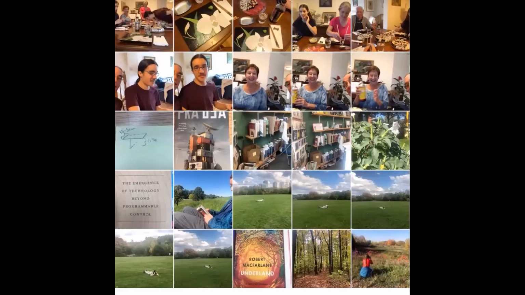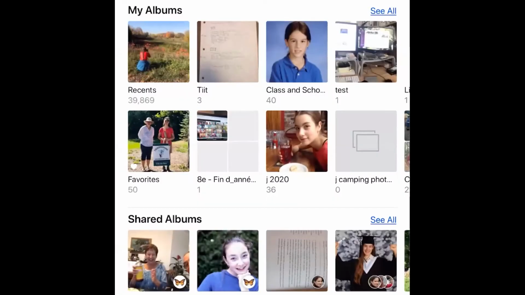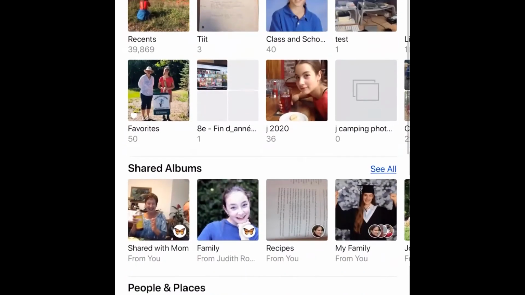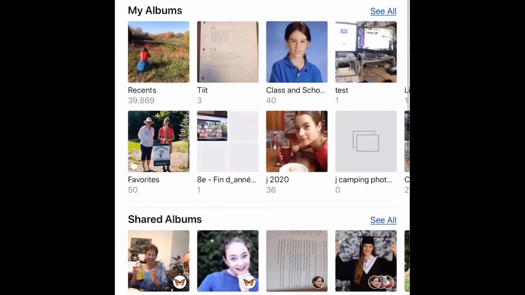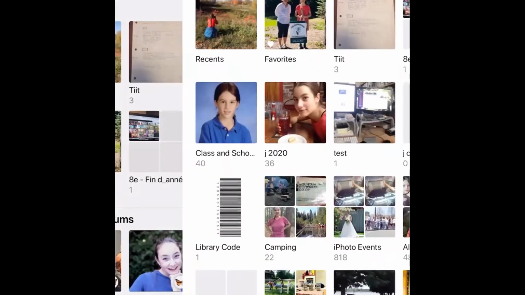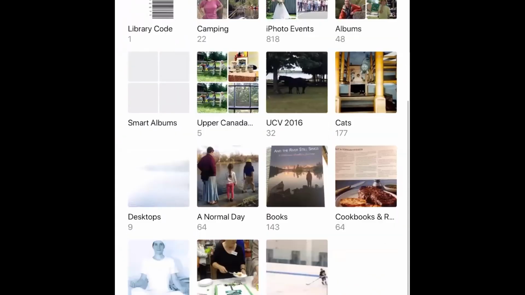You can see I do have albums here. I've set up several shared albums, and I have people albums and places albums, which I've created. I tend to do these on the Mac itself, but you do have the opportunity here to create and manage a bunch of albums.